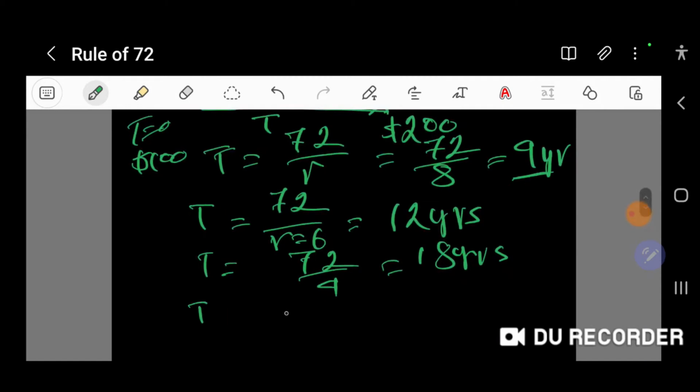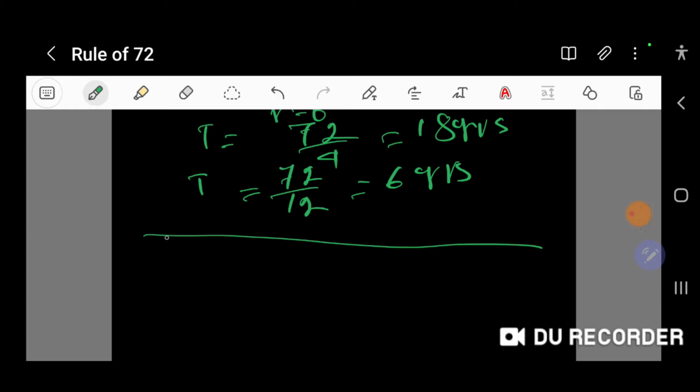If you were making a 12% interest rate, it will be a lot quicker. In 6 years, your money will double. But these days, it's hard to get 12% interest rates anywhere. So it's a very easy way to estimate a ballpark figure. For example,